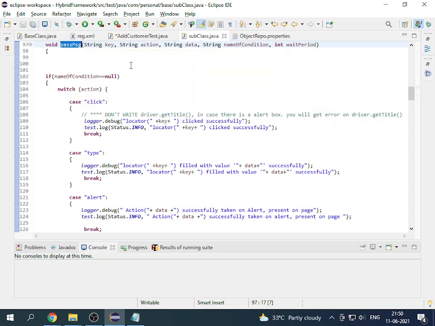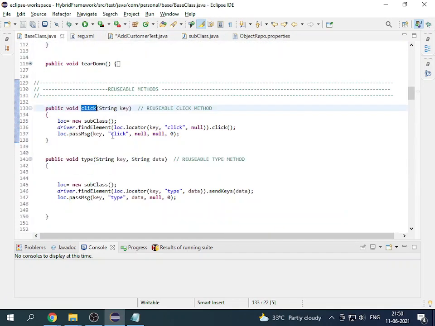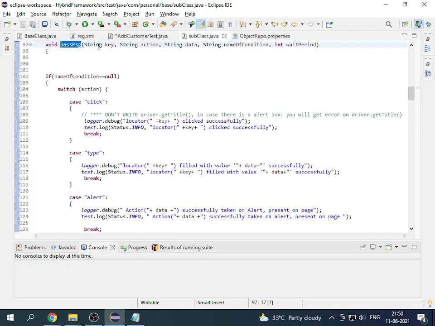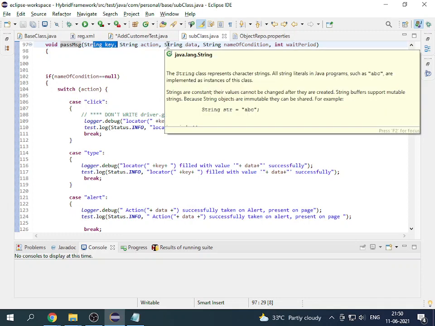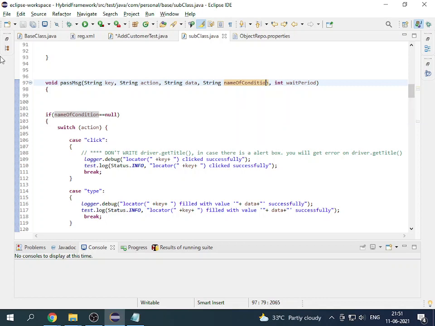So in this one, let's check this one. Yeah, key click null 0. Why have I given something like that? Key, obviously key, action click, data: there is no data which needs to be given on click. Name of the condition, I'm not giving any condition right now, and not giving any wait period because I'm not using any explicit condition.